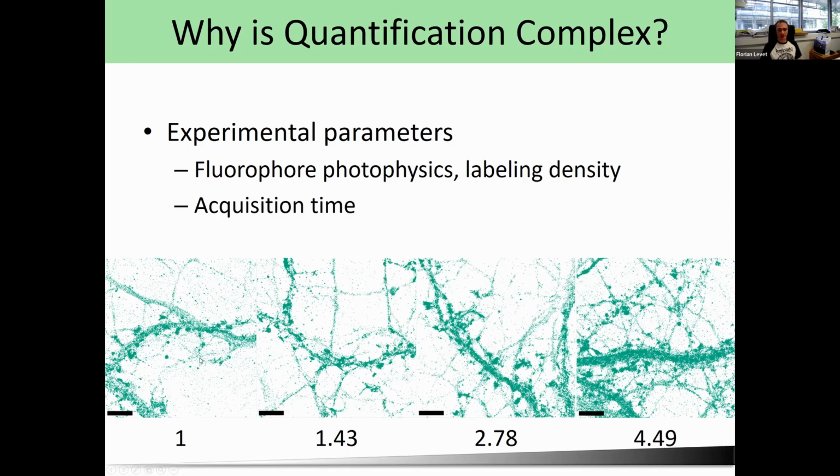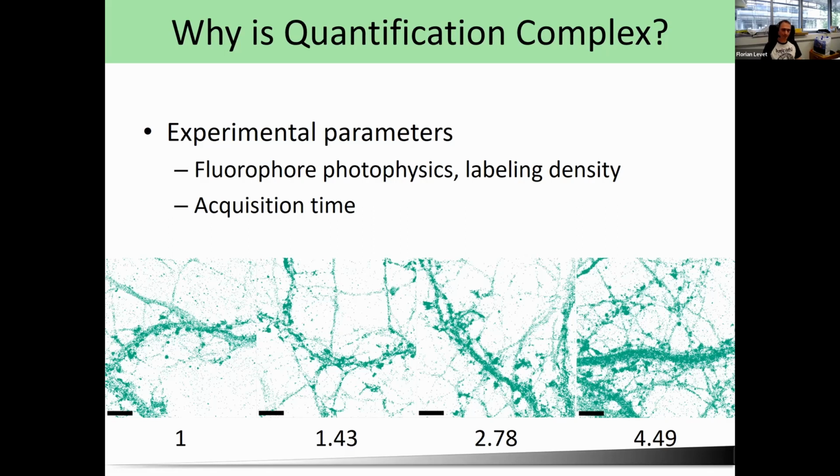So basically, that means that when you are doing a biological study, you will have data with very different localization densities. Here you can see 4 data sets from the same experiment. They seem pretty much the same, but in fact, I have normalized all of the localization densities with respect to the localization density of this data, which is the reason why it's one here. And here, it's almost 5 times more localizations than here. So obviously you don't have the same densities. That means that you need techniques that are robust to the localization density, to prevent yourself from having to change some parameter to do your segmentation. And you want something that is automatic when you are doing